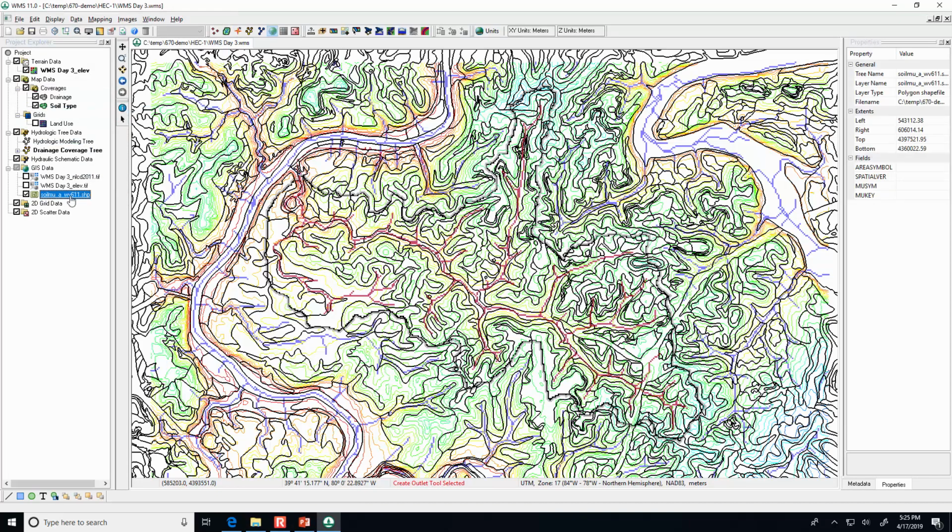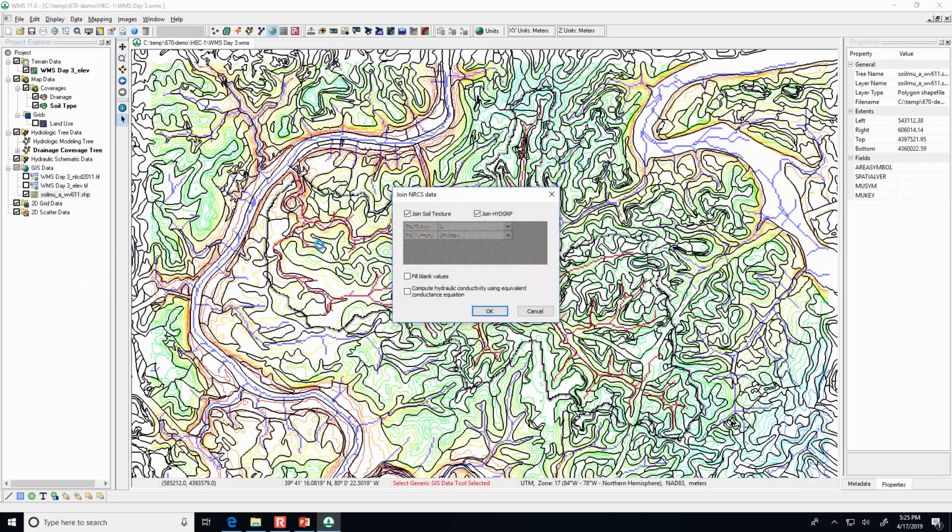So here, what we're going to do is select shapes. And before we select the shapes, let's right click on the shape file, and we have to do join NRCS data. What that does is it puts the hydrologic soil group in, the A, B, C, D, all of that information. That has to be in there.